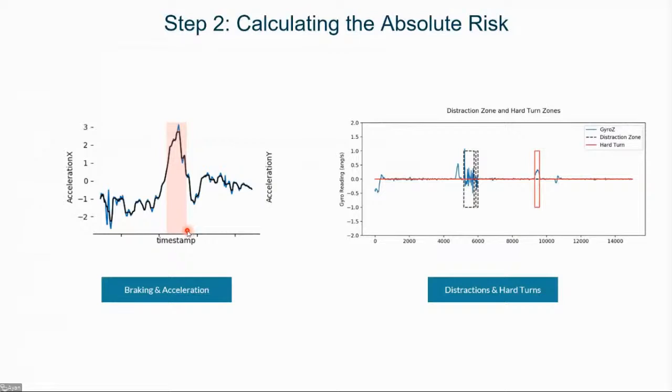So if you look at the first graph, here is one of the patterns that is observed for hard acceleration. So you will see that the acceleration is peaking and it's coming down. So the machine learning models try to basically understand patterns like this and then make the prediction about whether it's a hard braking, hard acceleration, and things like that. If you look at the second chart, where we have highlighted